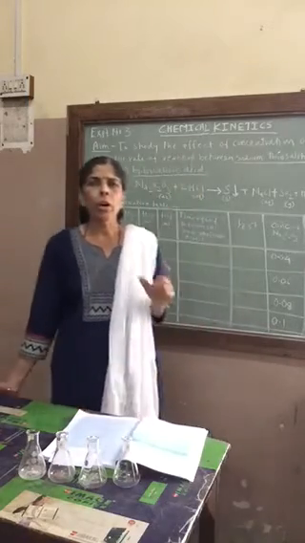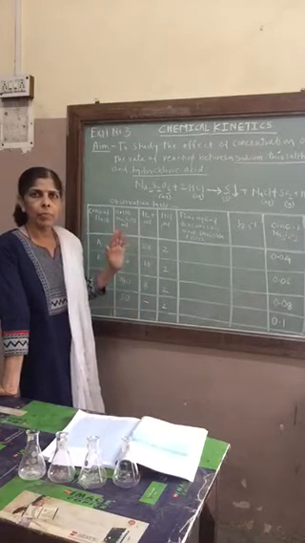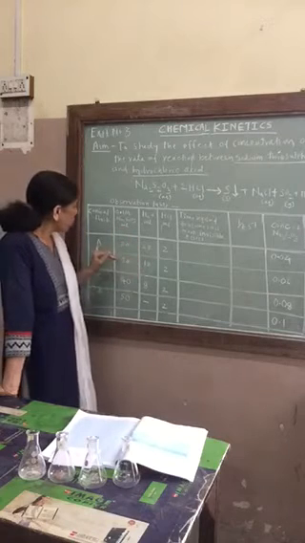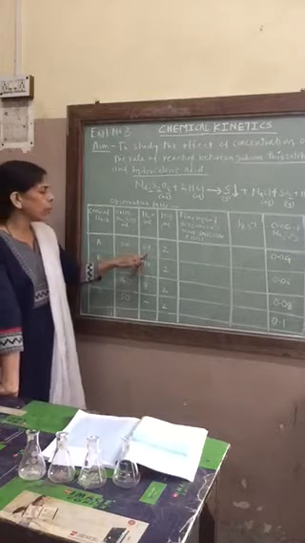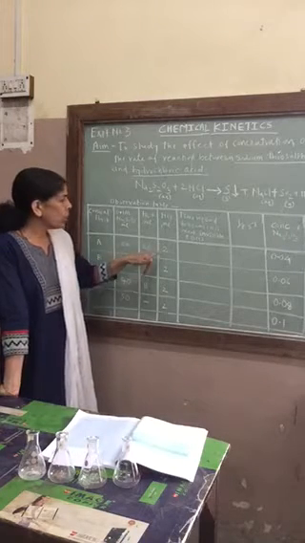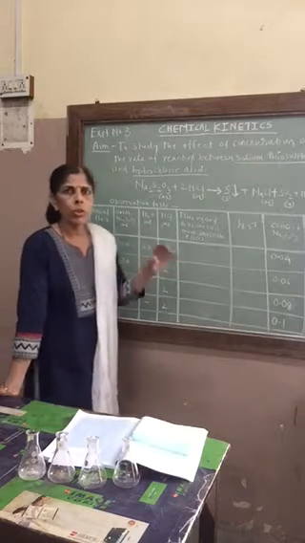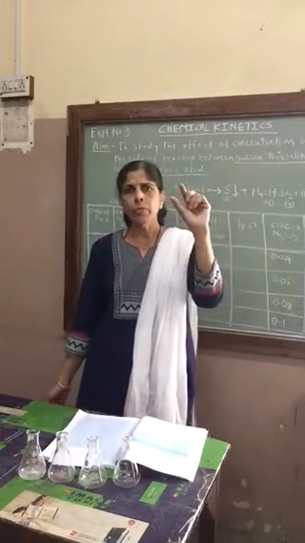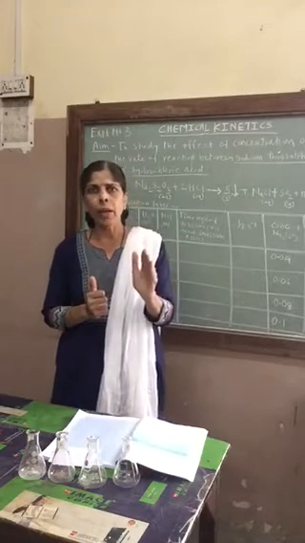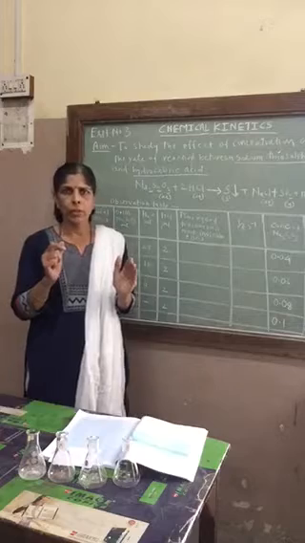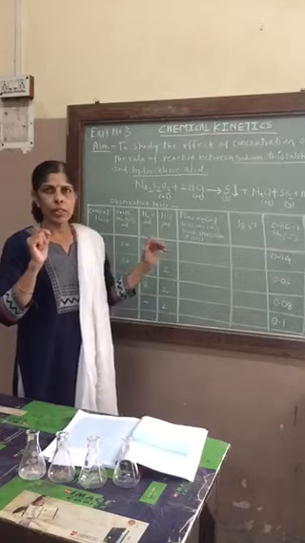Okay, but you are not going to add HCl in all the conical flasks at the same time. Okay, what you are going to do? You are going to take flask A, in which 20 ml of sodium thiosulfate is there and 28 ml of water is there. In that, you are going to add 2 ml of HCl. Or what you can do, you can take those 2 ml from burette in a test tube. From burette, you can take 2 ml of HCl in a test tube. Okay, and with the help of that test tube, you are going to add in conical flask A.